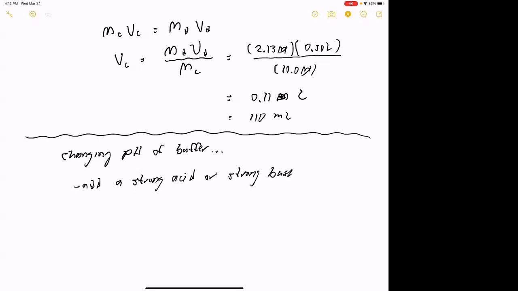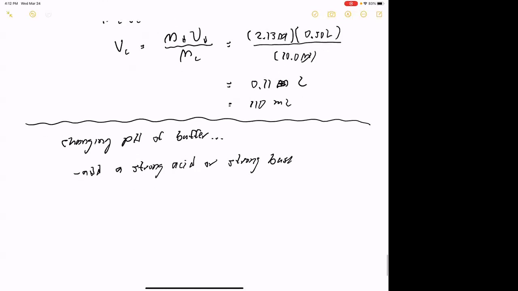What that's going to do is adjust the acid and base parts of the buffer, just like we did in the prior example, example 2, to get them where we want them to be. So now we want to estimate how much volume of a given strong acid or strong base at a given concentration we need to add to make that happen. So for the example of our buffer, let's ask ourselves, how do we change